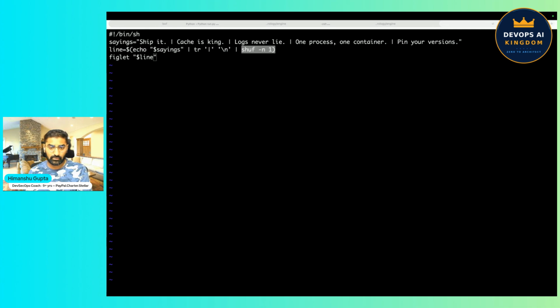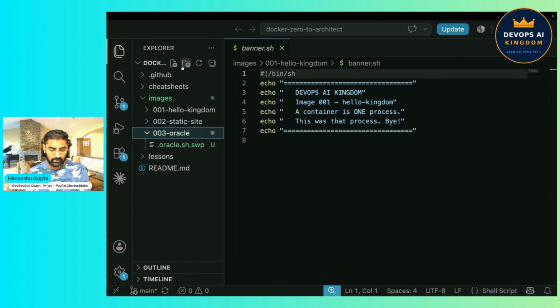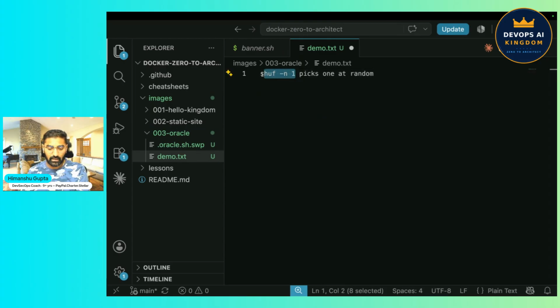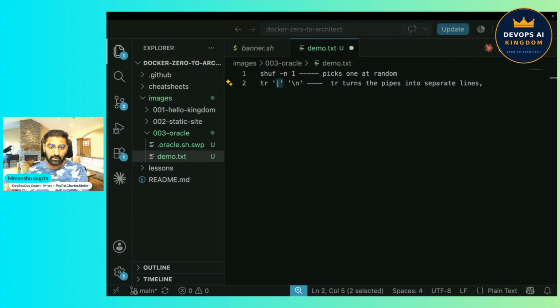Okay, let me show you separately. Let's create a demo.txt. So shuf -n 1 picks one at random. And what tr does is it turns the pipes into separate lines. For example, we have